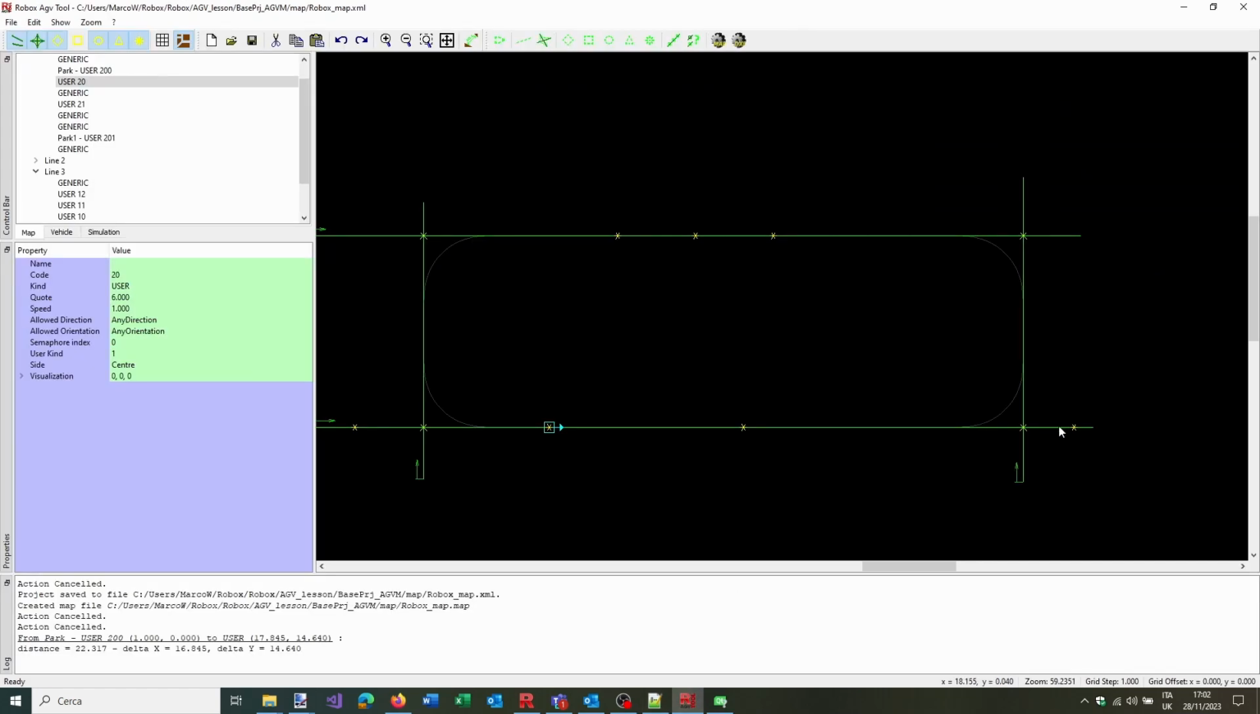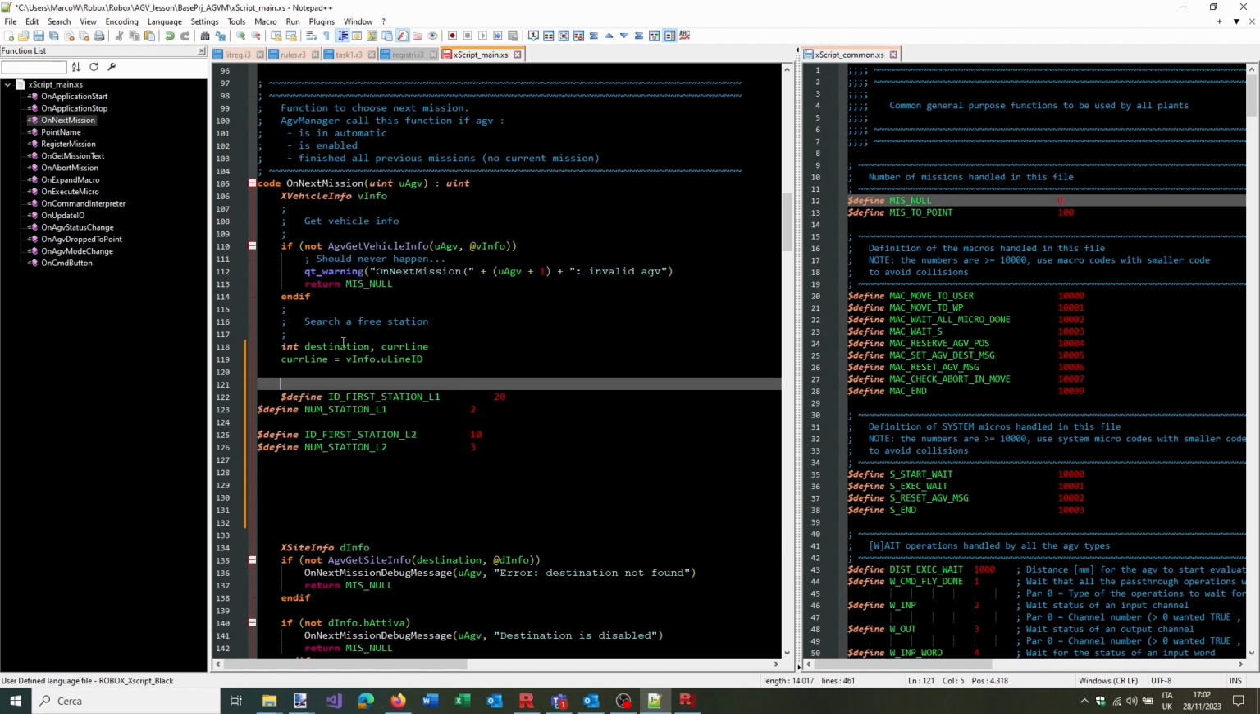Because now I want to say, if the AGV is in this line, so in line 1, I will choose a station that is here on the other line. Otherwise, I will choose one of these 2 stations at random. Let's close here and let's say destination, if current line is, let's say it's equal to 1,